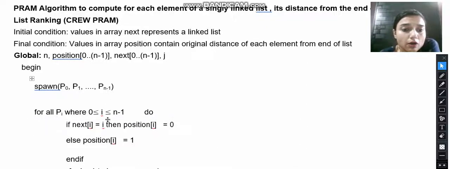Now the value of i will range from 0 to n minus 1, and initially we have to assign the value 0 to the last element of the linked list, and the value 1 to all the other elements of the linked list.